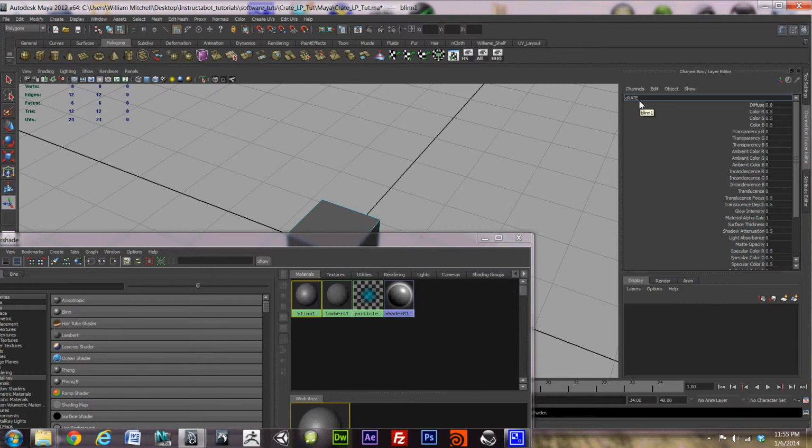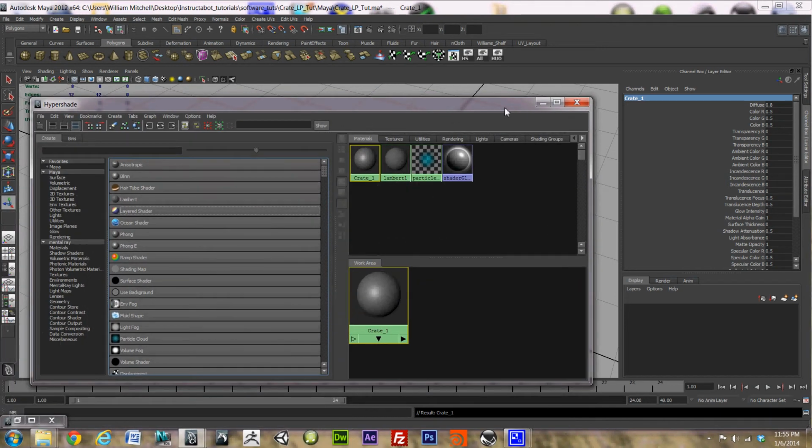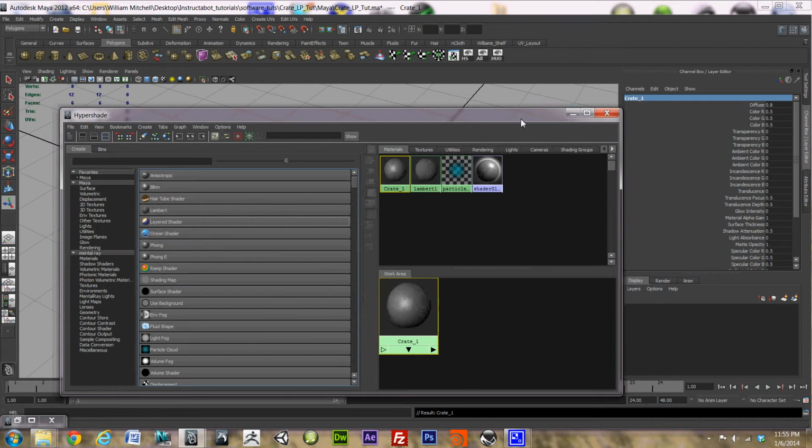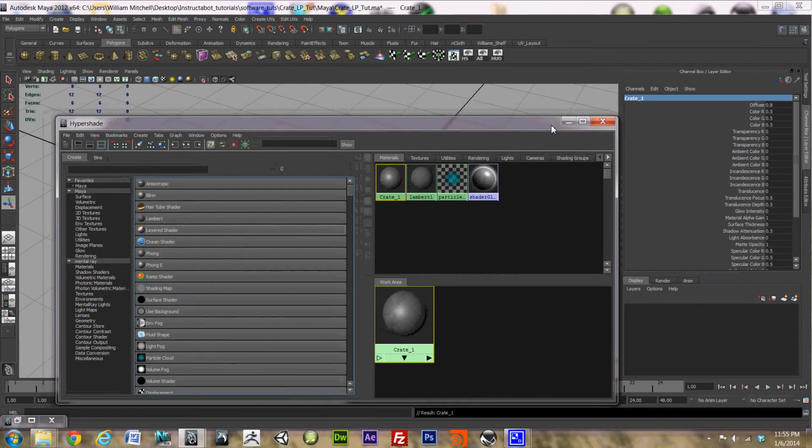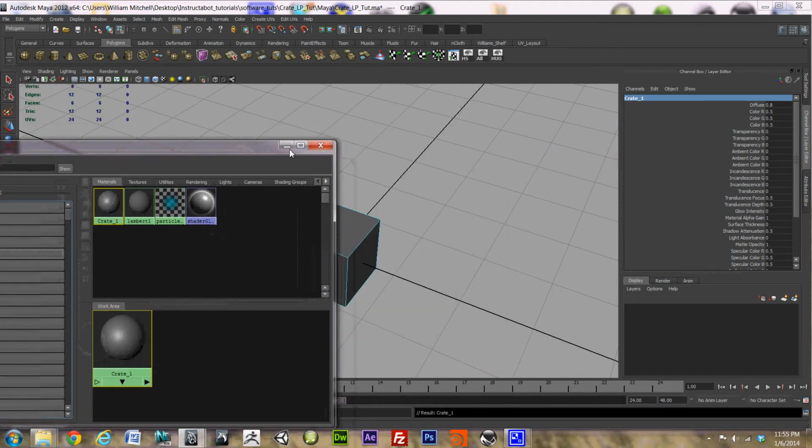I got caps lock on. Make sure you guys take off caps lock too when you're working, because sometimes you'll press a certain key and that's no bueno, no good when you're modeling. Sometimes you figure, oh, I'm doing everything perfectly, what's going on? And then all of a sudden caps lock is on and you have to start all over from where you saved last. So yeah, sometimes caps lock can really ruin your day. So, crate 1,